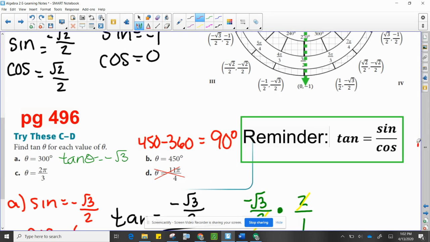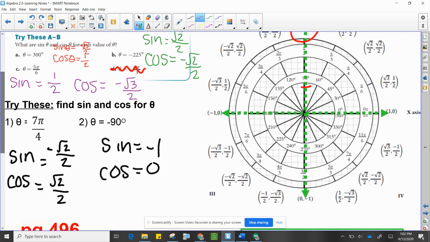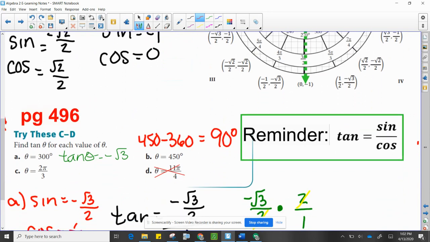So if I'm looking at 90 degrees on my unit circle, right? 90 degrees would be right here. So we'll be using the point 0, 1. So 0 would be my cosine, 1 would be my sine. So let's go back down to here. So if we have 450,